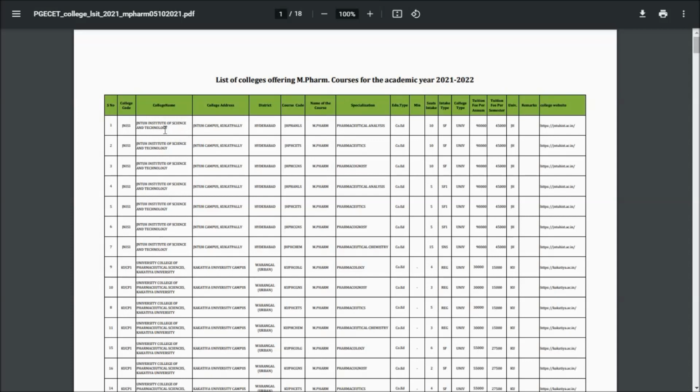This is for JNTUH Institute of Science and Technology, then co-ed. They have mentioned education type, then seat intake, 10 seats, intake type and college type, university. Then tuition fee per annum 90,000, tuition fee per semester 45,000. University comes under JNTU. Then the college website they have mentioned.